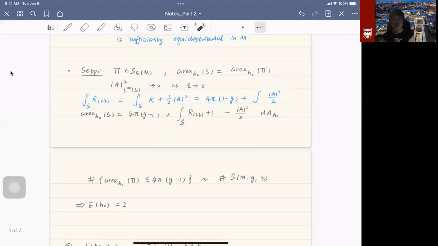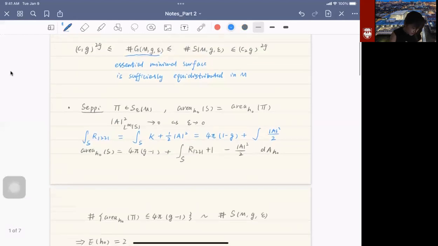Because we are looking at the hyperbolic case, the sectional curvature is always equal to -1. Therefore, this part, -1 plus 1, vanishes. And from Seppi's result, we also know that